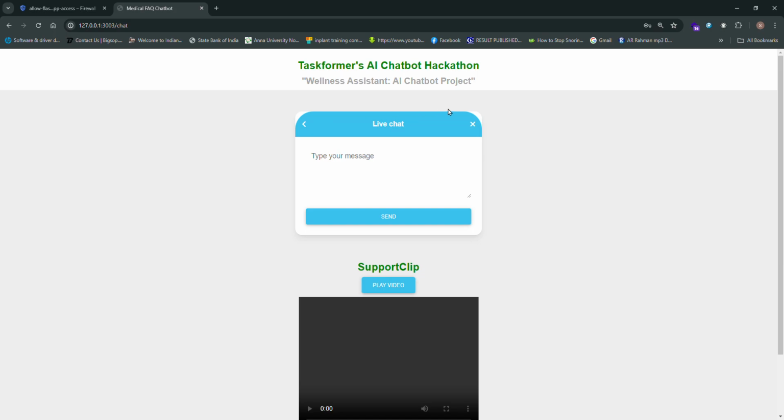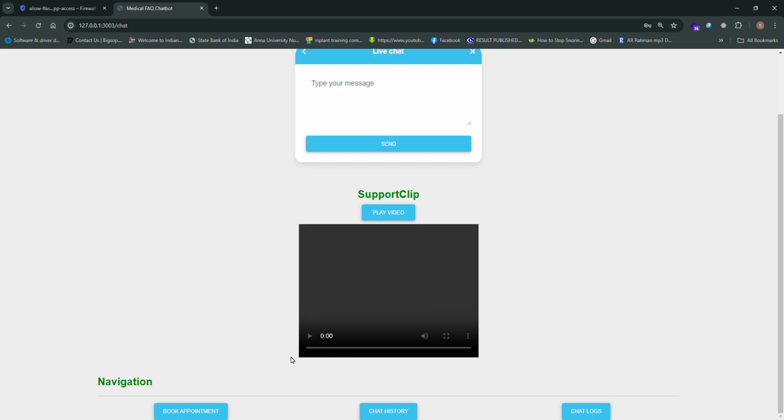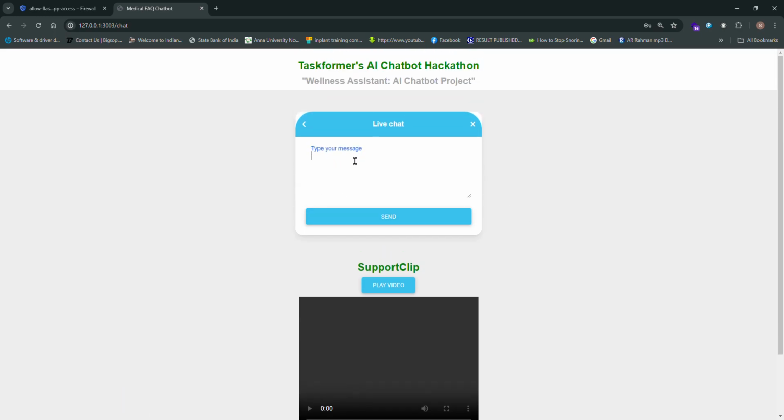in which the live chart is coming here, and here it will show how to use this project that will be displayed here, and here 3 buttons showing the navigations. Okay, here I have the set of